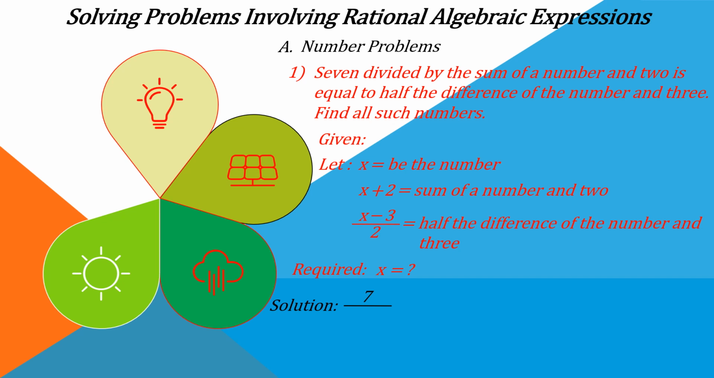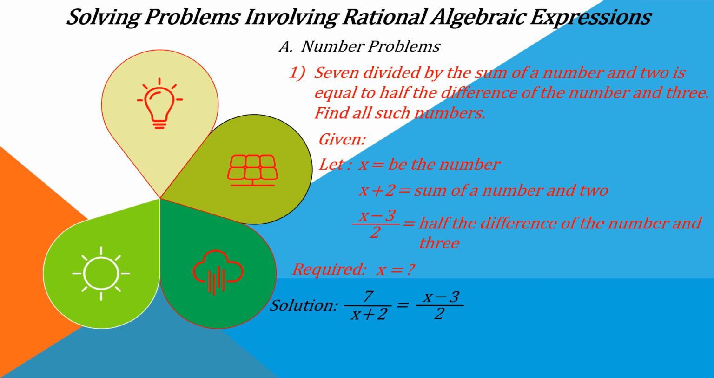In doing the solution, as much as possible, if you can sketch or draw the system that is being asked, it is better. But in these number problems, you don't have to draw or illustrate the system. The only thing to do is equate the given situations in the problem. In this example, 7 divided by the sum of a number and 2, so it means 7 divided by x plus 2, and it is equal to x minus 3 divided by 2,